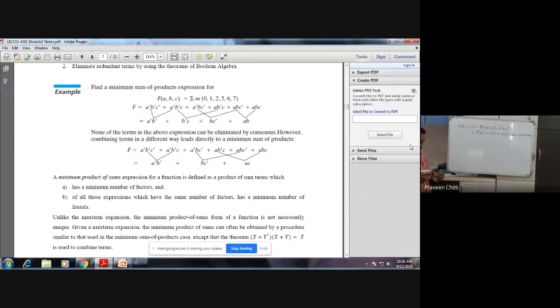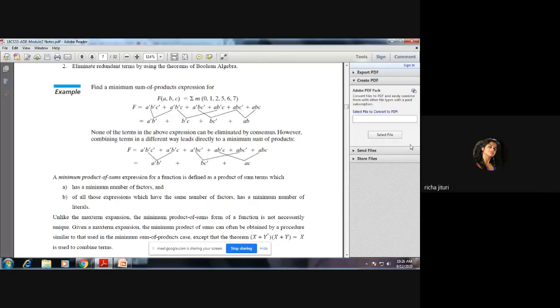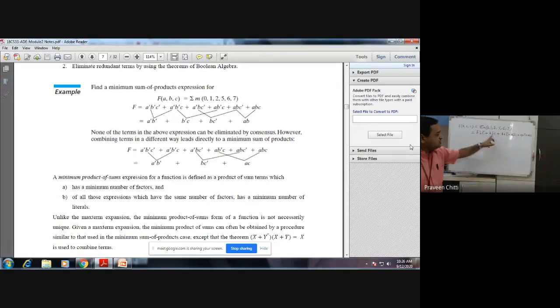Now you ask how I have written this. Can anybody explain? A simple thing you should remember. See, 0 means 0, 0, 0, which means all three bars: A bar, B bar, C bar. 1 is what? How do you represent it in 3-bit binary? 0, 0, 1. 0 means complement, 1 means uncomplemented. Like that, if you take 6, how do you write 6 in binary?